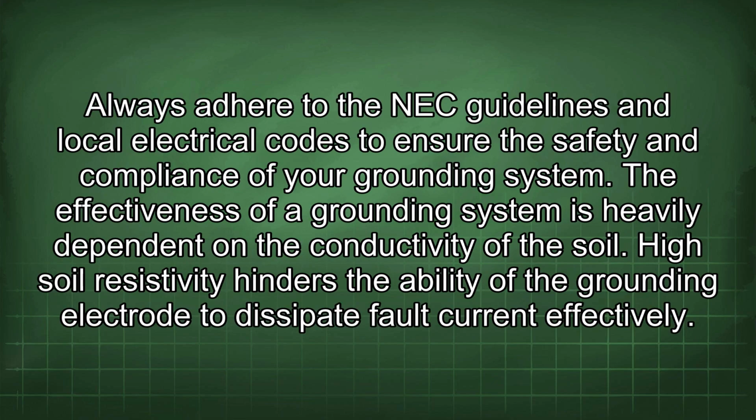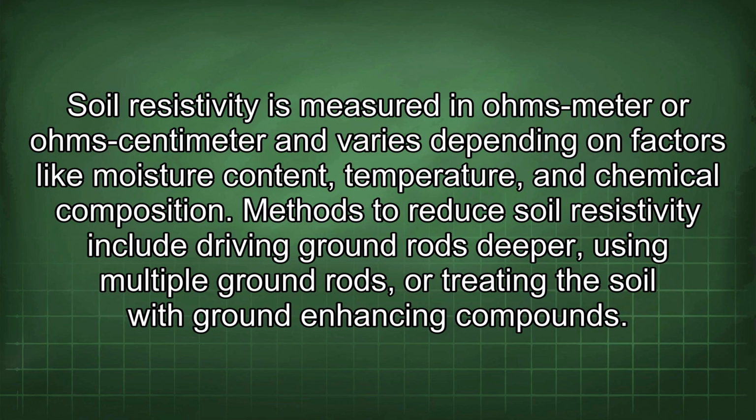Always adhere to the NEC guidelines and the local electrical codes to ensure the safety and compliance of your grounding system. The effectiveness of a grounding system is heavily dependent on the conductivity of the soil. High soil resistivity hinders the ability of the grounding electrode to dissipate fault current effectively. Soil resistivity is measured in ohm-meters or ohm-centimeters and varies depending on factors like moisture content, temperature, and chemical composition. Methods to reduce soil resistivity include driving ground rods deeper, using multiple ground rods, or treating the soil